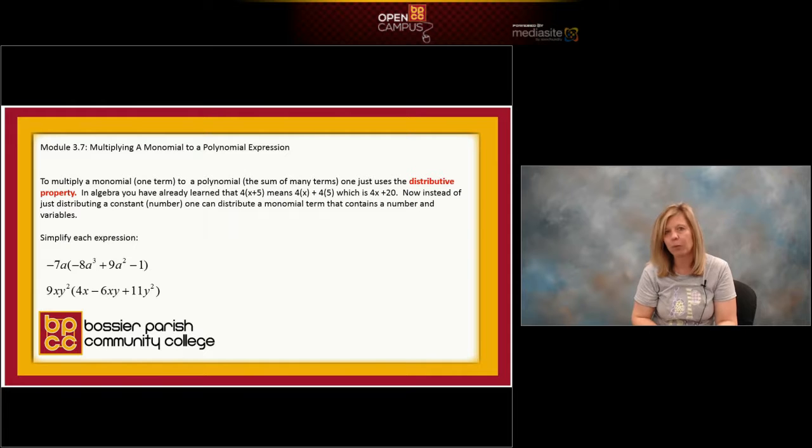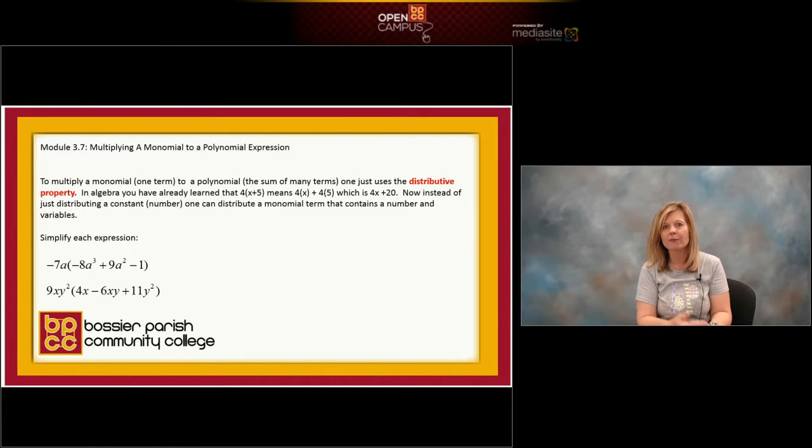And when we do this, what property have we learned to use? That's right, we've learned the distributive property. Distribute means to give to all. So we're about to distribute that 4 to everybody inside, to both terms. So we're going to technically take 4 and multiply it to x. That's going to give us 4x. And then we're going to take the 4 and multiply it to the positive 5, and we're going to get the positive 20. So when we distribute, just understand, you are taking one term, a monomial, and multiplying it to many terms, which is a polynomial.